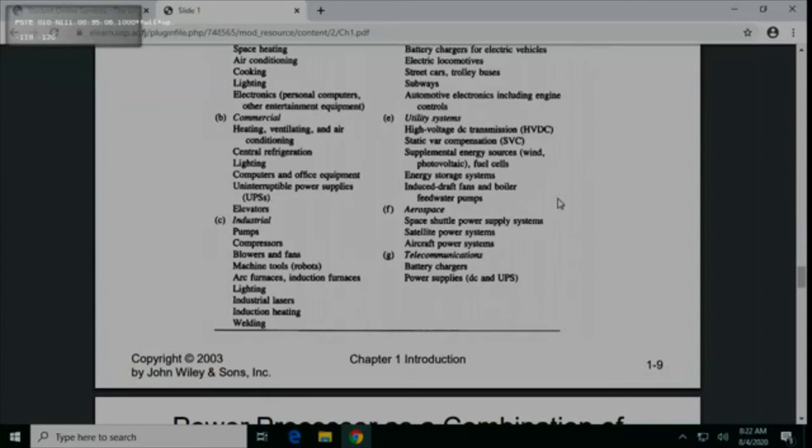All these are made from scratch according to the desired input and desired output. Always, you have an input and you have an output, so you have to find out what components you are going to use. And then telecommunications: battery chargers, power supplies, battery backups. TFL has a lot of battery backups, and that's where we need this. Normally we buy new chargers and backups, but you can also refurbish them if you know the idea.